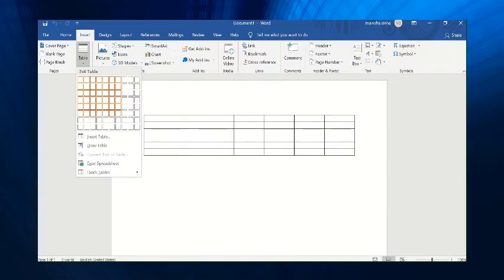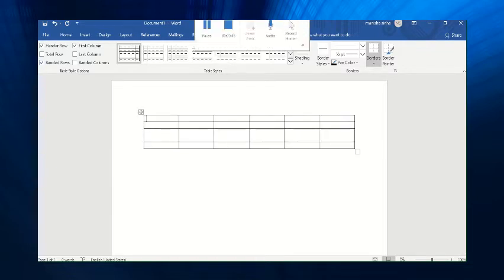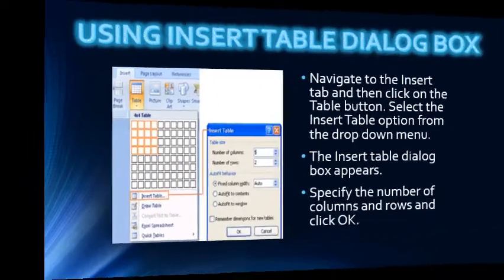Select the grid, selecting as many cells, rows and columns as you want to create inside your table. Just select that and click on it. A table will be created automatically on your screen. You can even see the Design and Layout tabs appear on the screen.